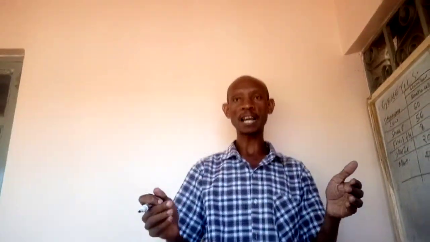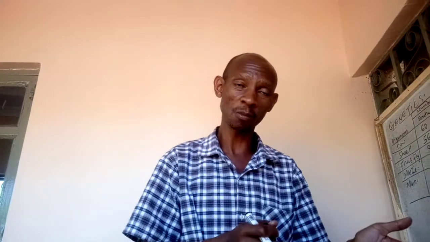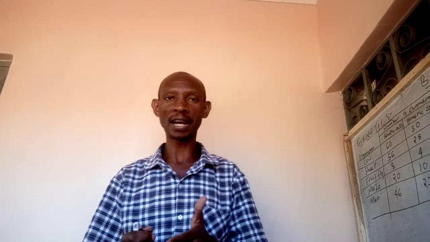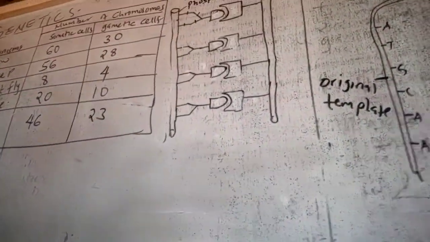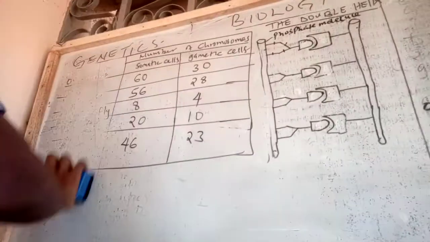As far as the different organisms are concerned, we can make a conclusion that different organisms have different numbers of chromosomes in their somatic cells, and also a different number of chromosomes in their gametic cells. Having said that, I'm going to look at another area, the structure of the DNA,